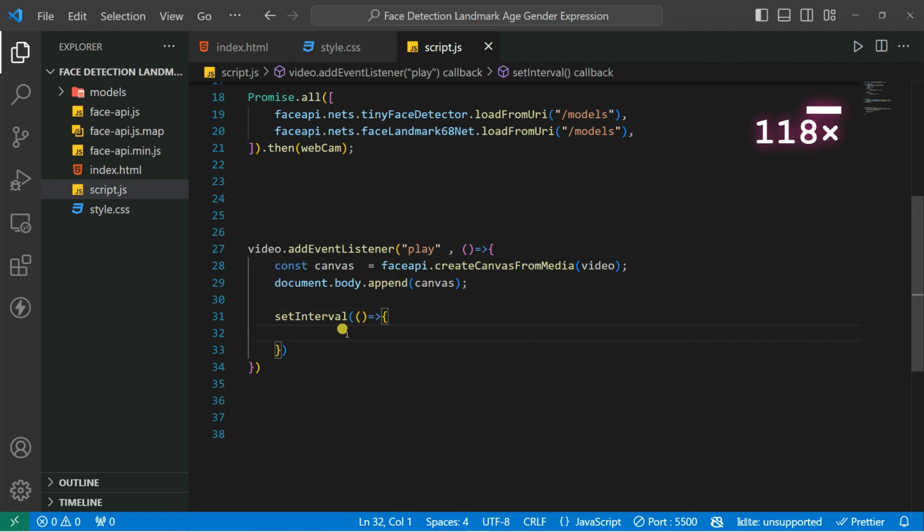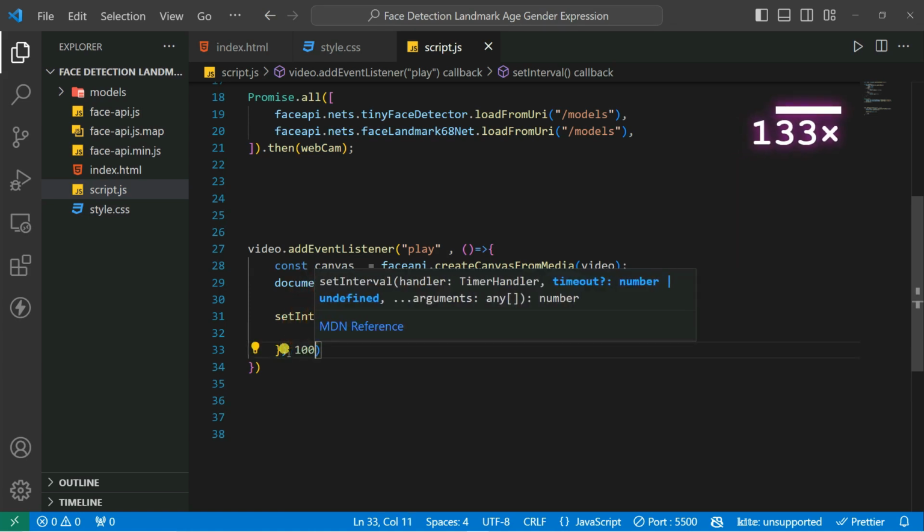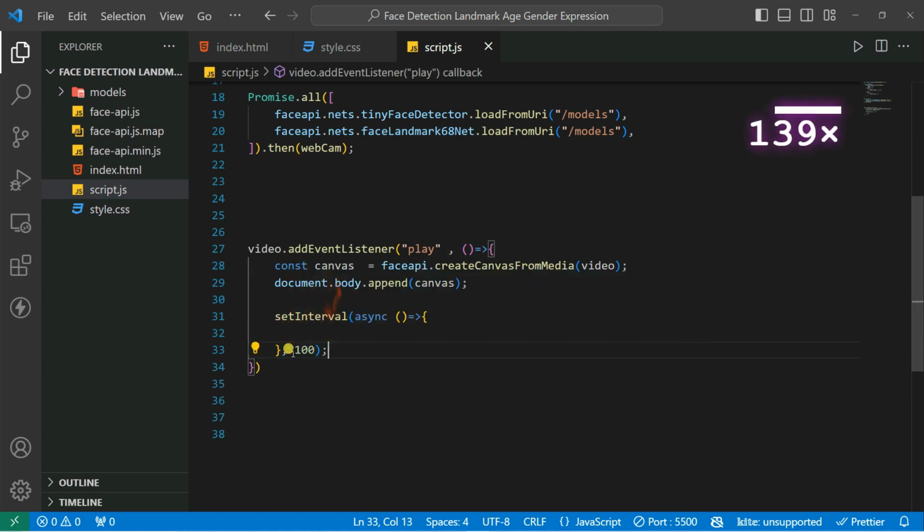wait for a few seconds. So this is an async function, right? So let's make it async. This is an asynchronous function. Then we also need to give the interval, so let's say 100. For that many milliseconds it will wait, and after that it will access the webcam. It will detect the face landmark, right? Then we can simply create one detection so that it can detect the face landmark